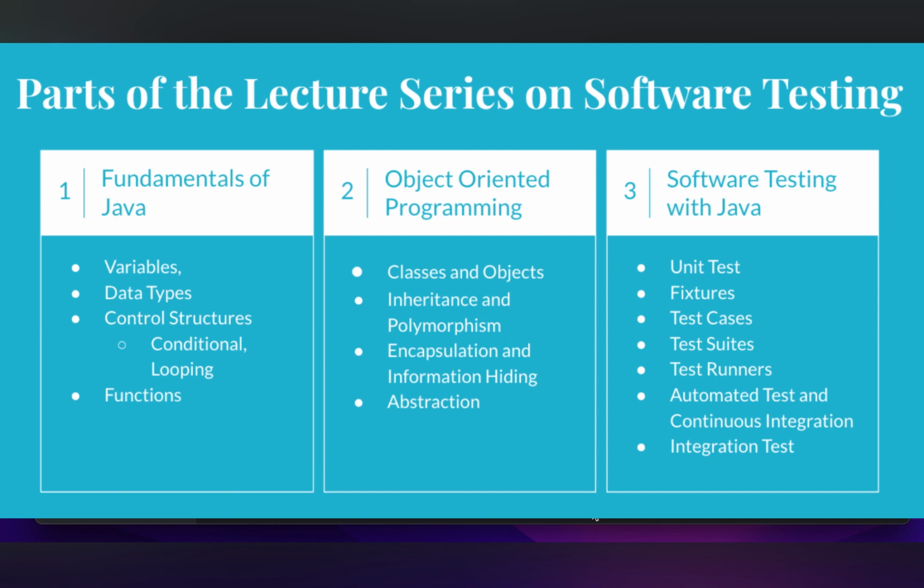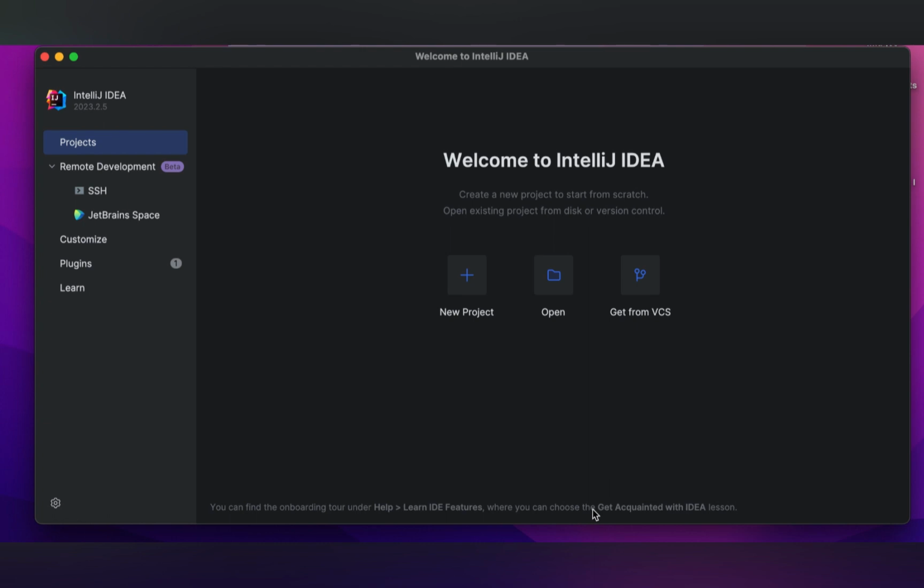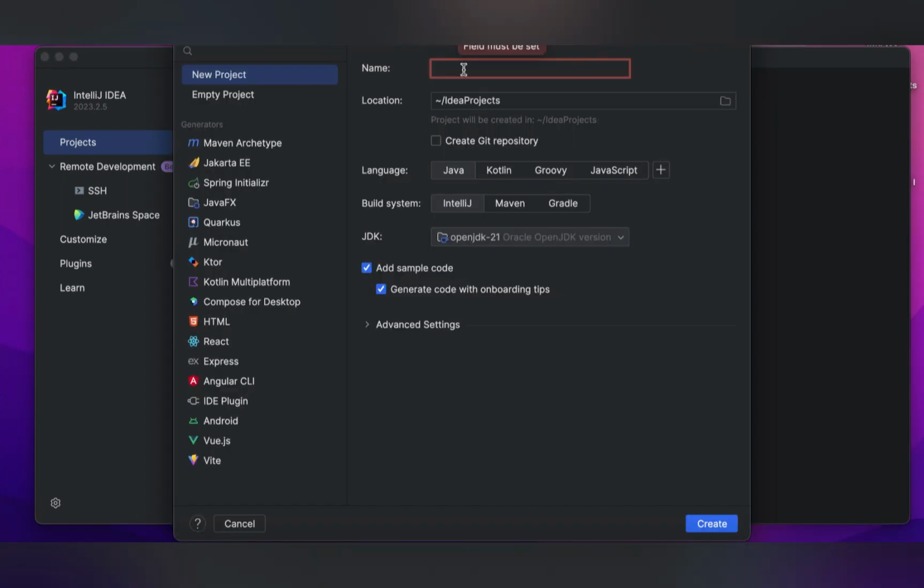I will adjourn this lecture video by creating a project that we will be using in the next consecutive video series. In order to create a project, I will be using IntelliJ IDEA, a very well-known Java IDE. I will start by clicking on the new project. For the rest of the lecture series, I will be using this project, and I would like to name it SoftwareTest